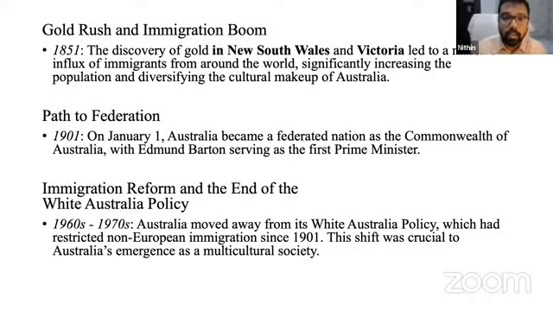What led to the largest intake or immigration of people into Australia was the gold rush. So gold was discovered in New South Wales and Victoria, which led to a massive influx of migrants. So the date was 1850. From the 1850s to the 1890s, you can see immense migration, especially from China, America, and Ireland, also from other places. And when the 1890s hit, the stockpile of gold started to diminish, and there arose an economic depression from 1890 to 1900. And people were really unhappy.